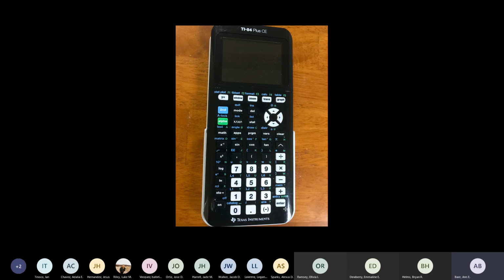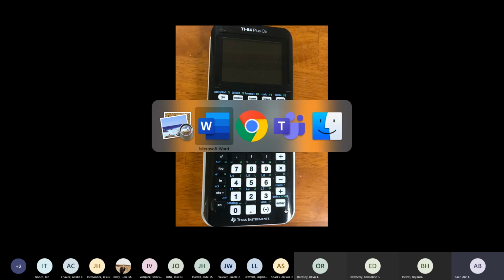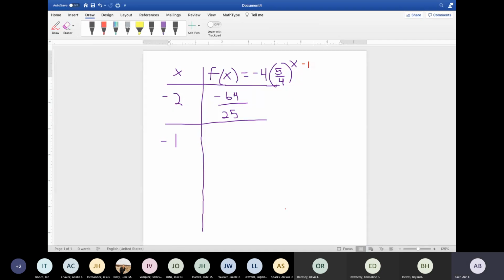And all I have to do is use the back arrow key to go to that -2 and change it to what I want. And what I want to change it to is a -1. So I type over it with a 1. And then I hit enter. And I now get -16 over 5.